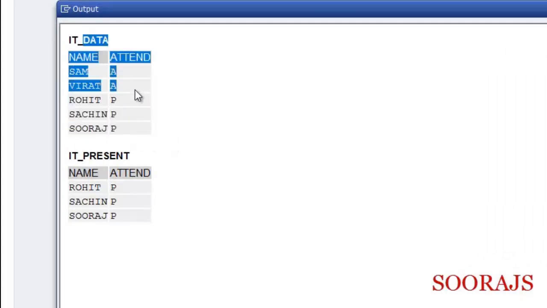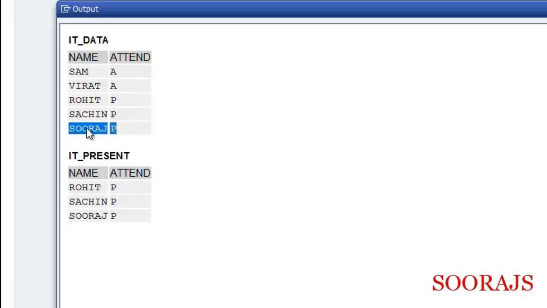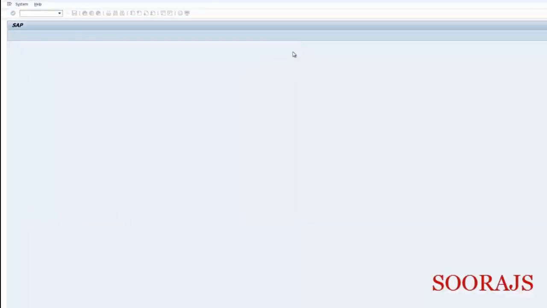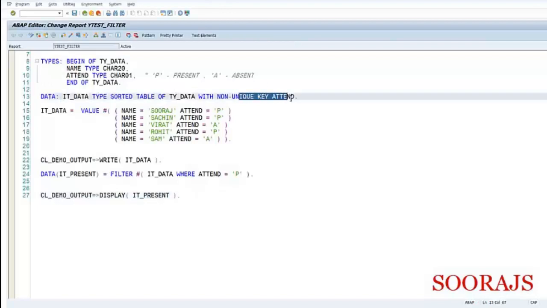And you can also see this table has become sorted now in ascending order, because Sam is the first entry, whereas I had provided Suraj as the first entry. But now it is a sorted table, so it has got sorted based on this key called attend, with non-unique key attend.